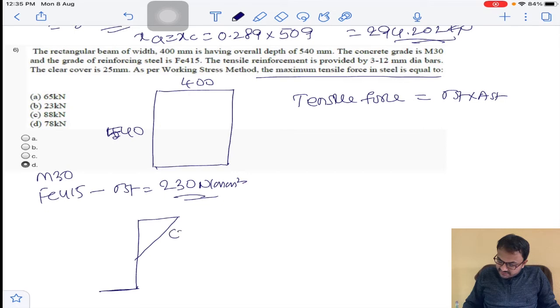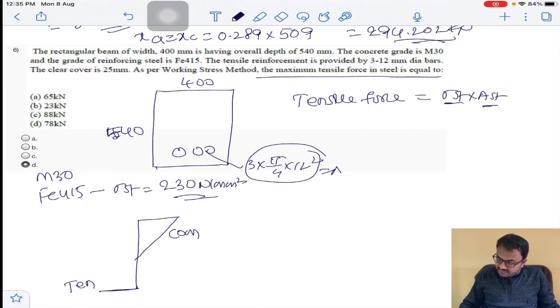So this is compressive force, this is tensile force. Tensile force is stress into area. So stress will be, and he mentioned that there are 3 bars of 12 mm. Okay, this is AST. So 230 into AST will be 3 into pi by 4 into 12 square. So total you will get it is